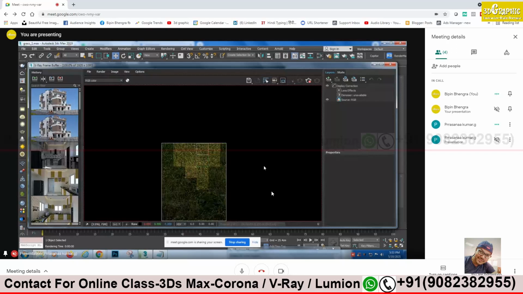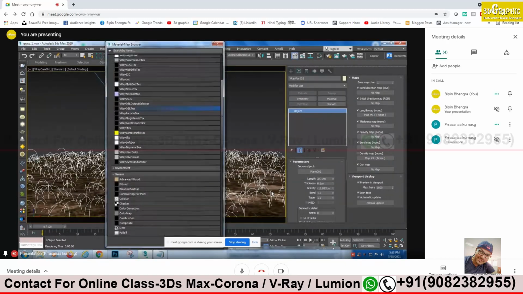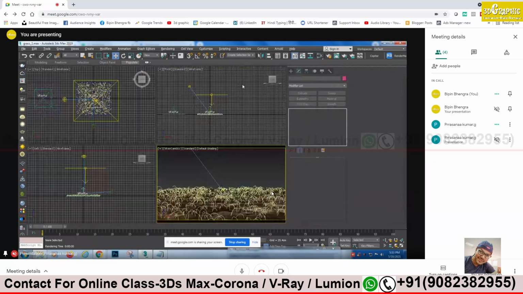Perfect. So you can deal with density later on. Let's see the height only. We did this for length. Let's see what difference we are getting on the length. That means we need a better camera now. Camera should be higher. Make your camera higher. Take a bigger render. Stop that. Move your camera.